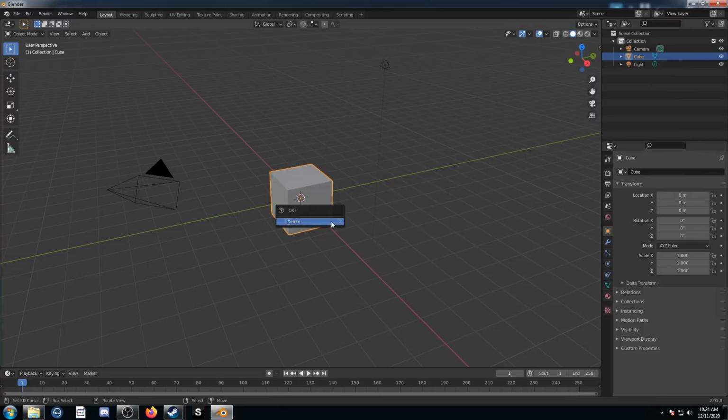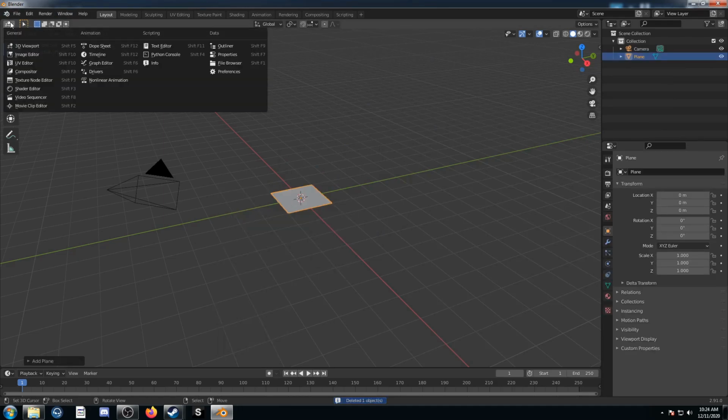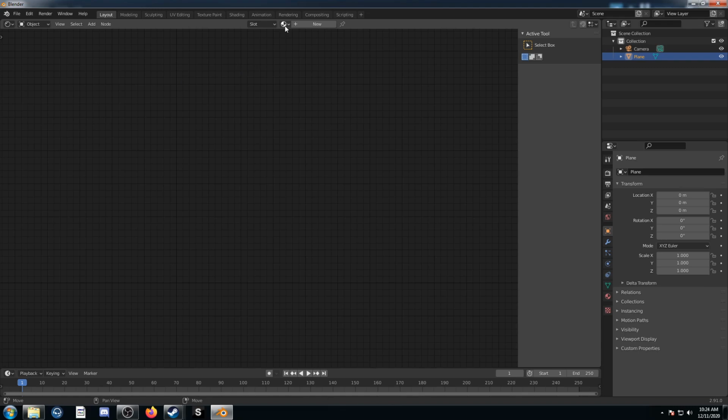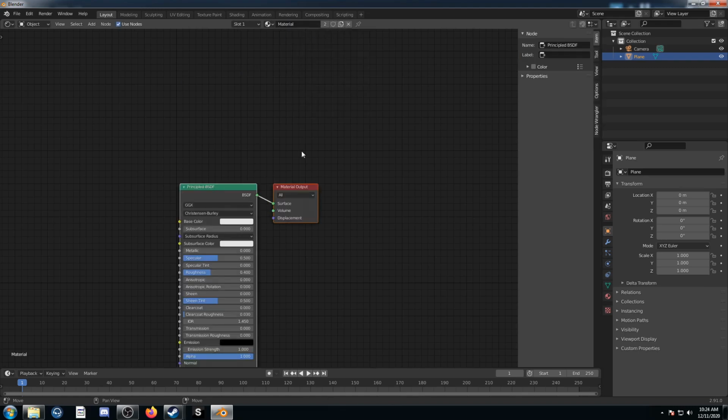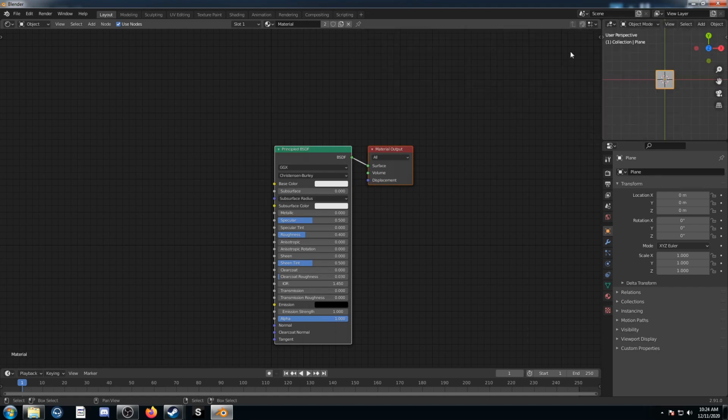To set up our scene, let's get rid of that cube and this light here. I'm going to bring in a plane, and then let's change this entire middle area to our shader editor. I'm going to grab the material that was on our cube, let's put it on our plane, and hit N to get rid of that shelf. The top right, I'm going to change this to my 3D viewport, and just hold down Z and go into